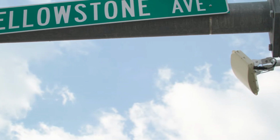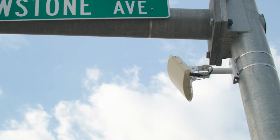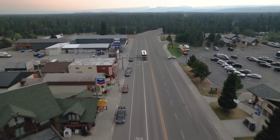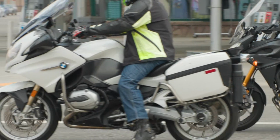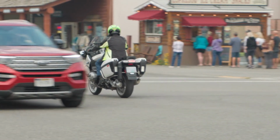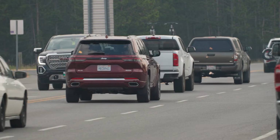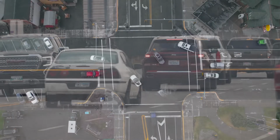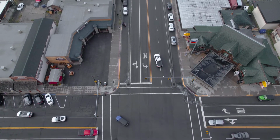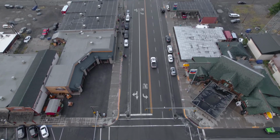I mean, when people ask me, gee, does Wavetronix really work? I can say, go to the west gates of Yellowstone. You'll see us. Why would they use us if we didn't work? We are it. 1 million vehicles have to go through these signals to get into the park, so it's made a big difference. Not only is MDT saving money on costly maintenance and getting tourists through the intersections, but it's